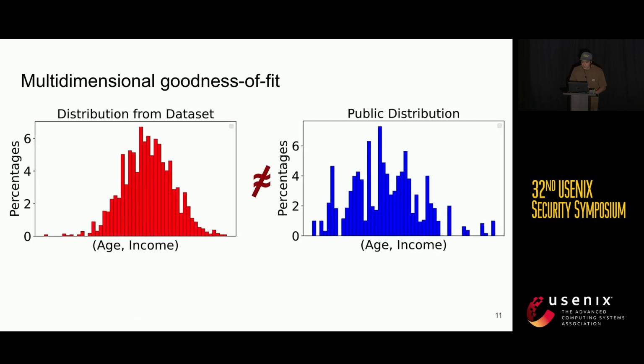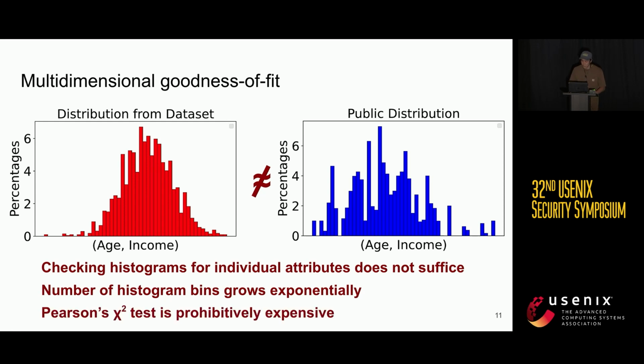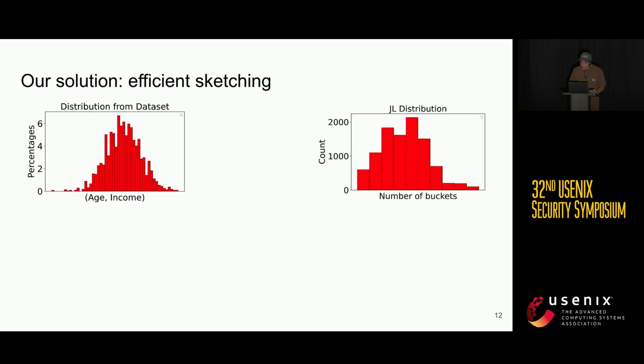if we perform it in the correct way, which is we join the age and we join the income column, if we essentially take the entire input entry and get all combinations of age and income, then checking the histograms for these individual attributes will both pass, but this test where we join the columns together will not pass. And one huge issue with this is, of course, the number of histogram bins will grow exponentially with the number of attributes or the number of columns that you want to join. Pearson's chi-square test will be extremely expensive in this case,